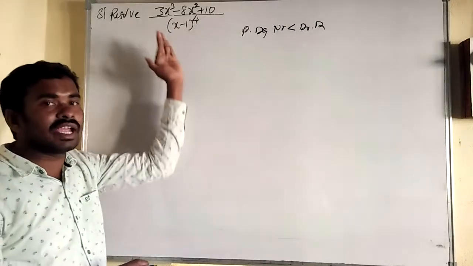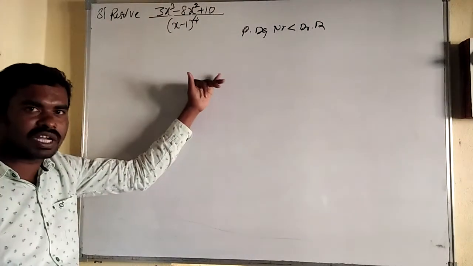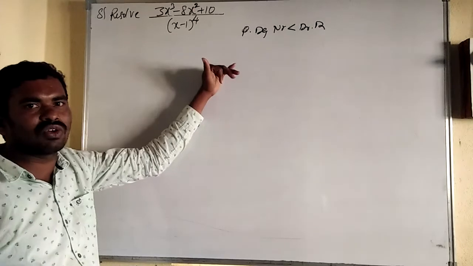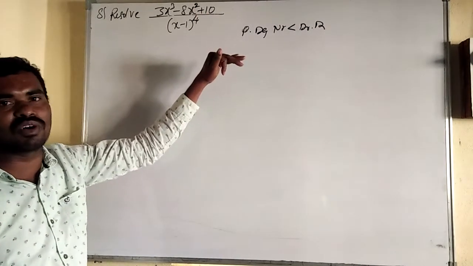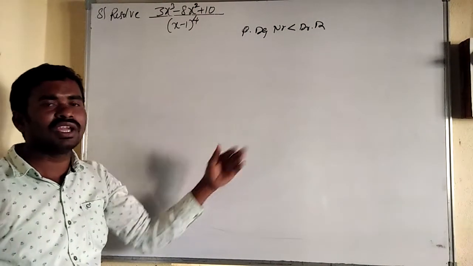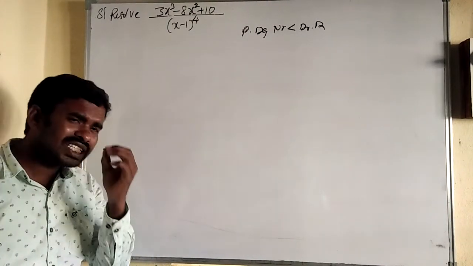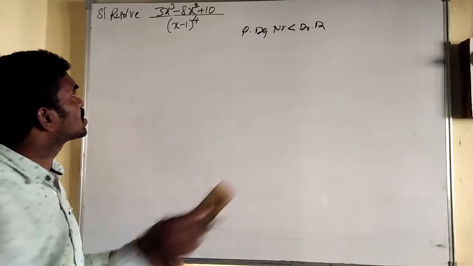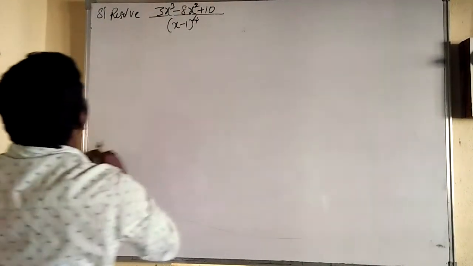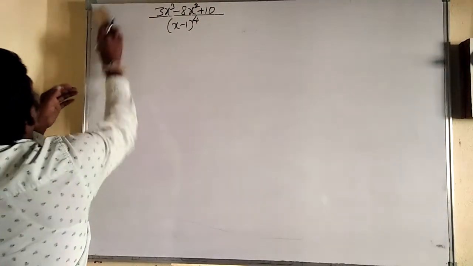So how to write? A by x minus 1 plus b by x minus 1 whole square plus c by x minus 1 whole cube plus d by x minus 1 whole power 4. Okay, you write and simplify, you will get very large simplification. Then how, sir? A simple technique I will tell you. Just take x is equal to minus 1. Okay, another solution.